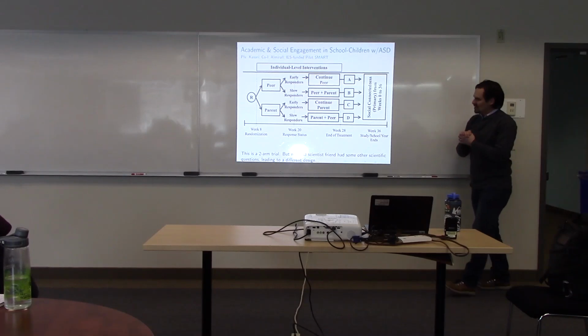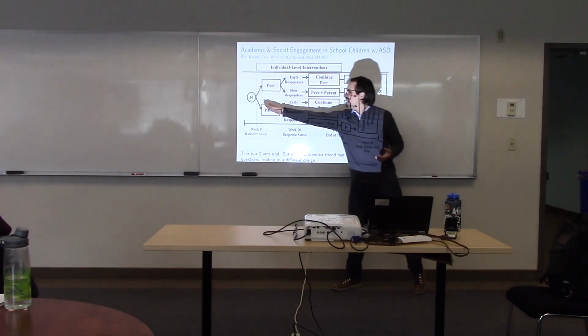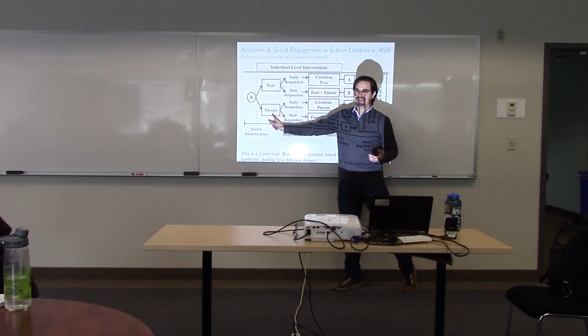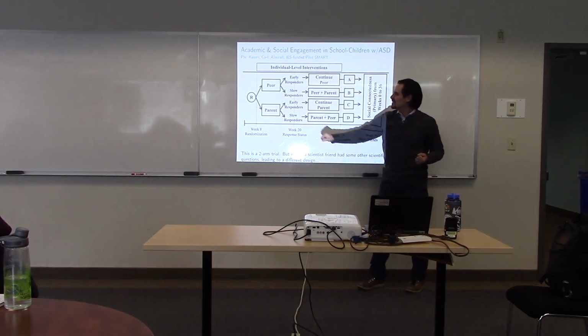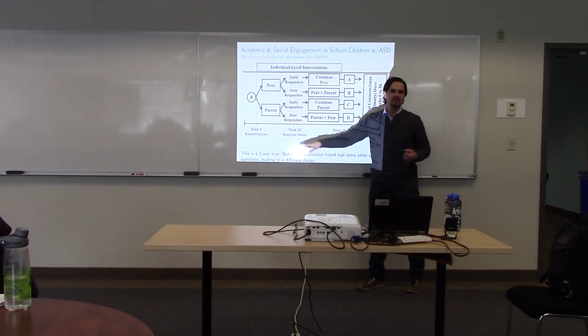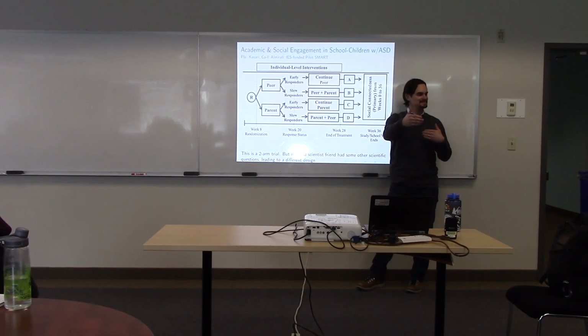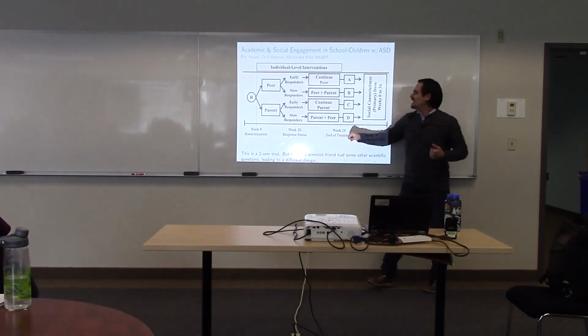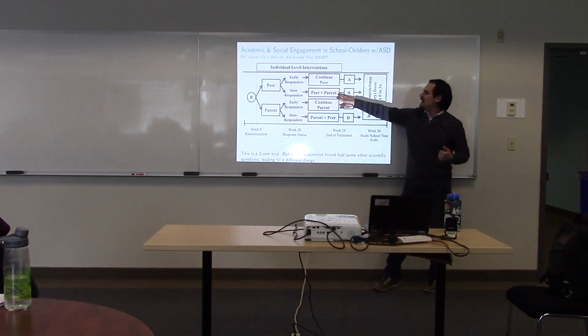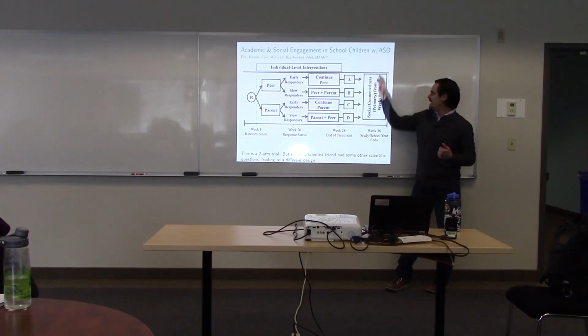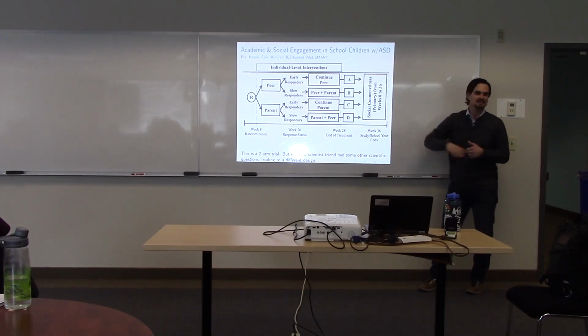So I randomized to begin with peer or begin with parents. If the kid was a slow responder at week 20, which happened to be after the holiday break, so you basically had a whole first half year of school on peer or parent. If the kid was not responding, I combine. If the kid's responding, I continue. And I was going to look at social connectedness as my primary outcome.